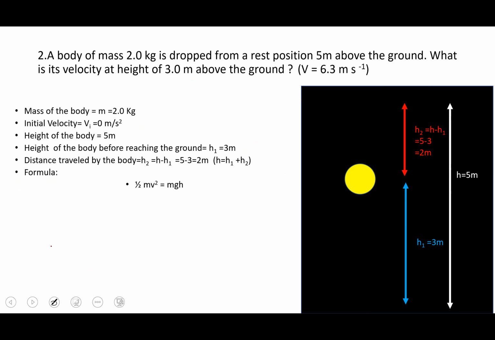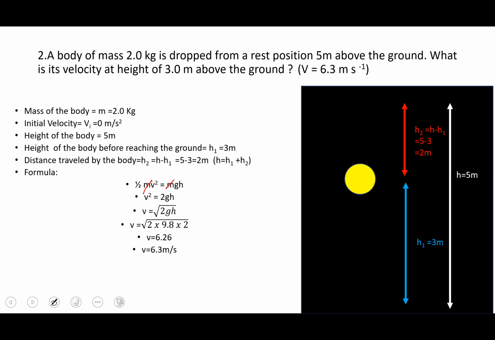Now, the formula which we have is the potential energy which is lost by the body in motion is gained in the form of kinetic energy. So that is why I've written the loss of potential, the gain of kinetic energy, sorry. The gain of kinetic energy, half mv square, is equal to the loss of potential energy, which is equal to mgh. From this, we can find out the value of v, taking all the other values on the other side, cancelling out these two m. When 2 is taken to the other side, taking under root on both sides, we get v is equal to